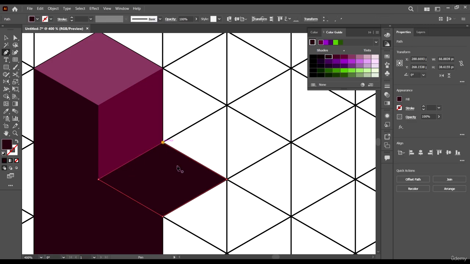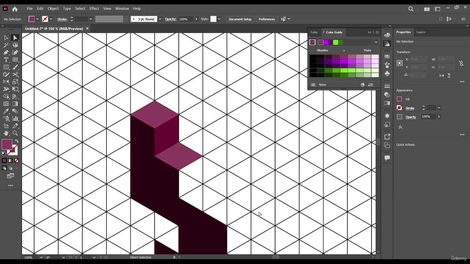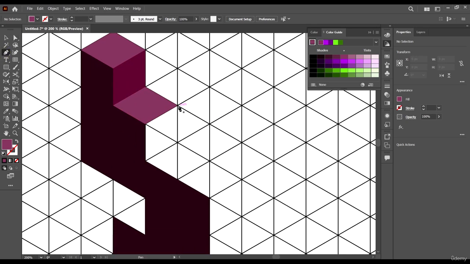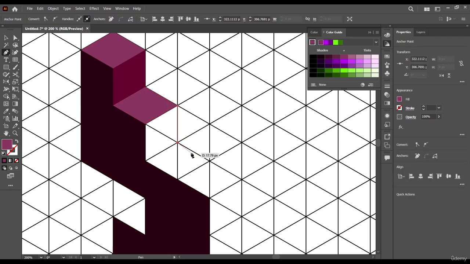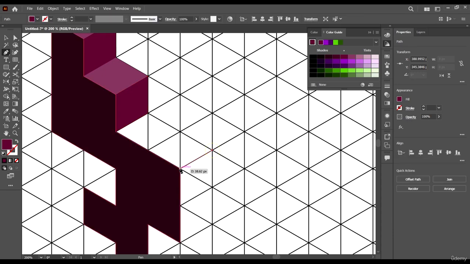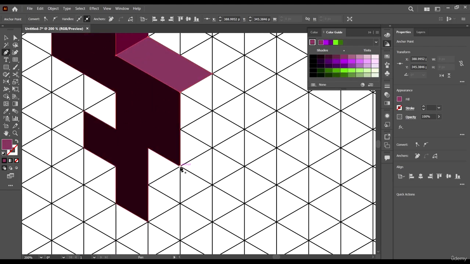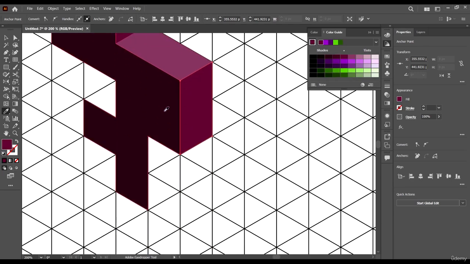Okay, now this one will have the same color as this one, because this is the top. We have to understand this is the top, this is the first side, and this is the other side. Okay, so the shading has to be even across all sides. Okay, so we have to create the parts separately. So this one will have this shading, and this big part here will have this shading. This other one will have this shading, and then